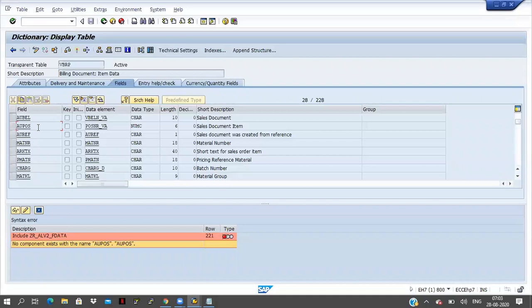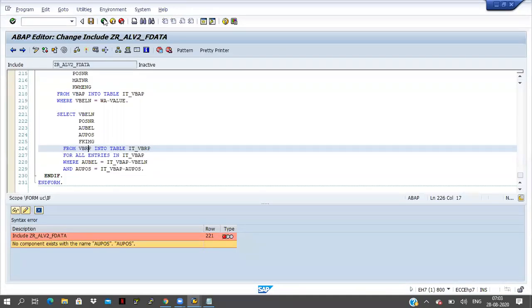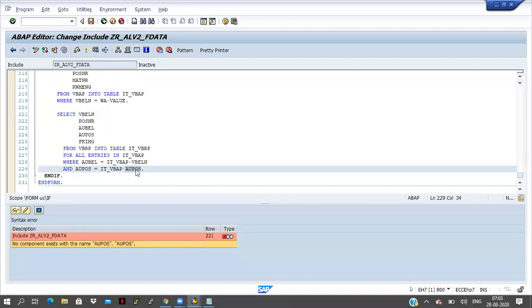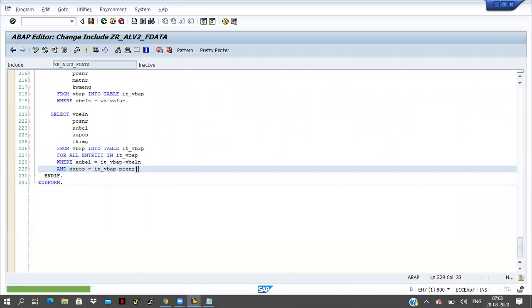It's available, AUPOS is available. Fine, this one, right? Save and check it. Activate it.